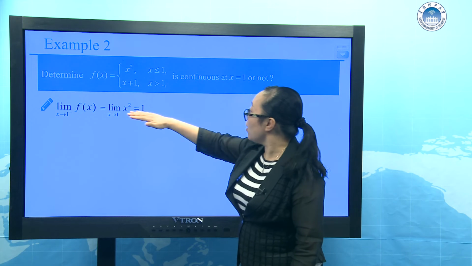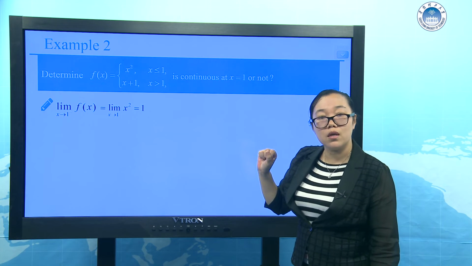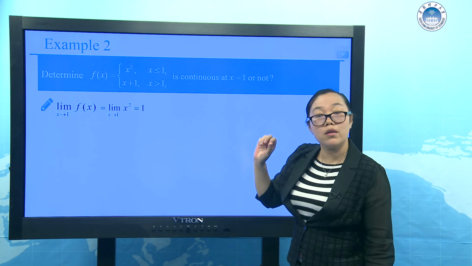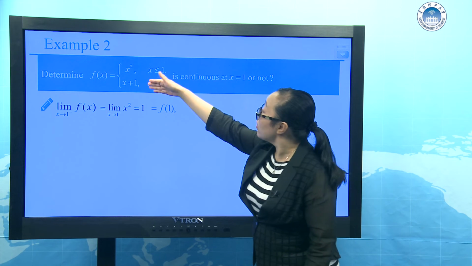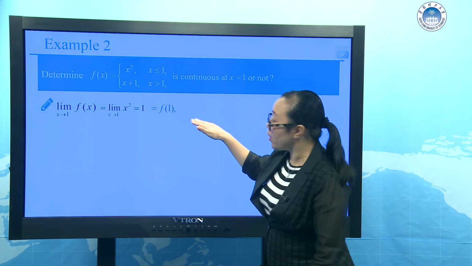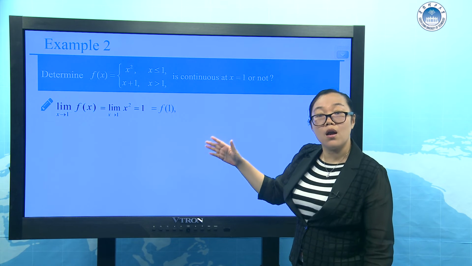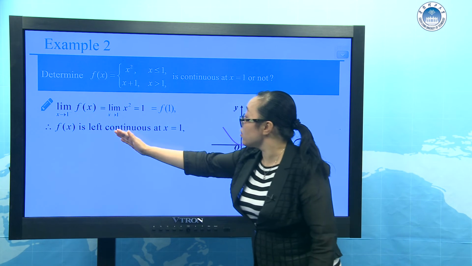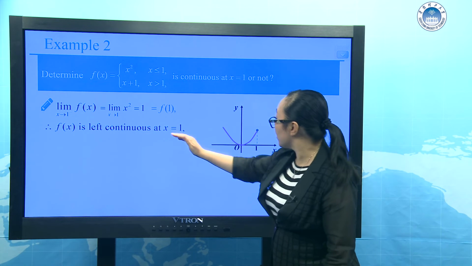So the limit of x squared as x tends to 1 minus equals 1 squared. How about f(1)? f(1) equals 1 squared. Together they are equal. According to our definition, f(x) is left continuous at the given point,